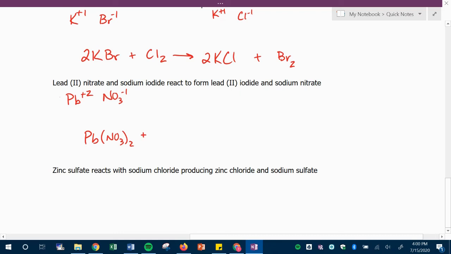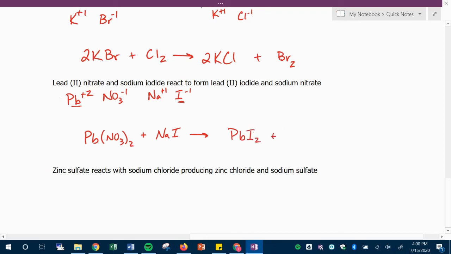plus sodium iodide. So sodium is Na with a plus 1 charge, and iodide is I with a minus 1 charge. And so since we know that, that means it's NaI. And then it says react to form. So there's our arrow. And then it says lead 2 iodide. So lead, we already listed it. It was plus 2. Iodine is minus 1, which means that our compound should be PbI2